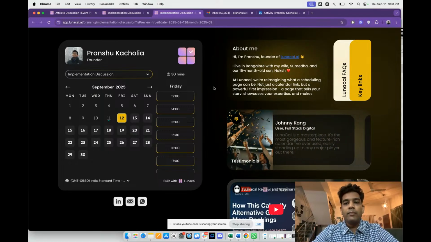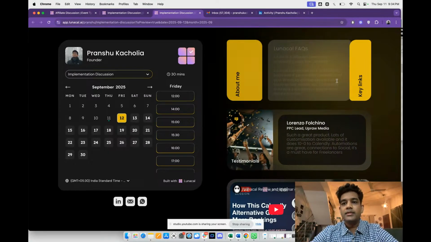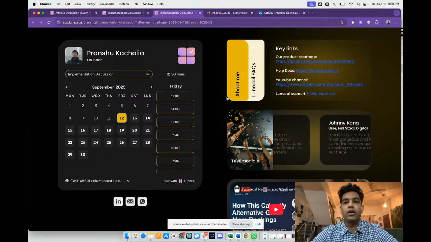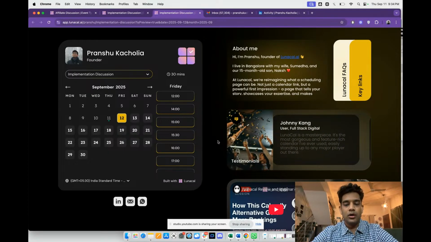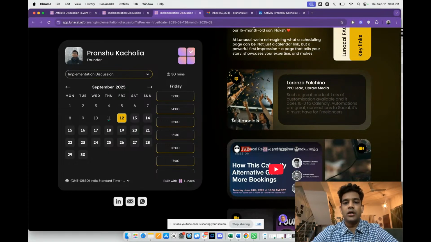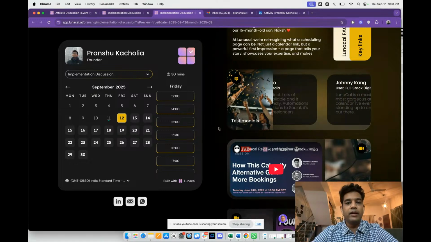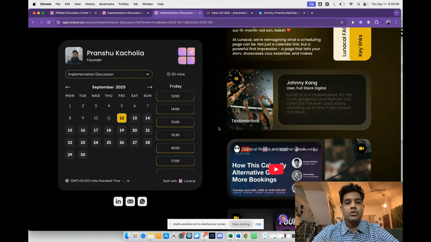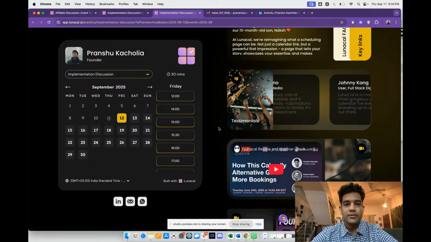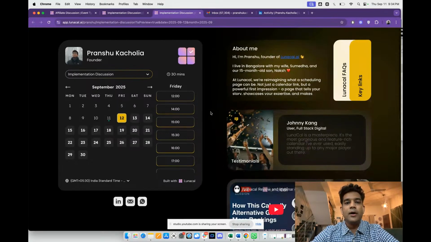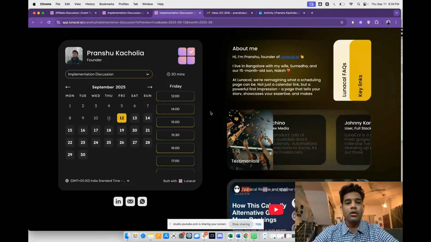At this point of time, if you can put in content that makes them more aware of what you do, and also gives them some trust so that they can better relate with you while booking the call. So this is essentially an excellent opportunity to build trust among your audience. Think of it as a mini landing page that you're getting people on while they want to